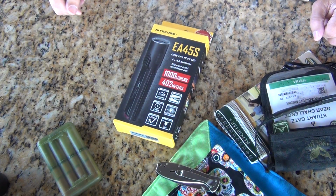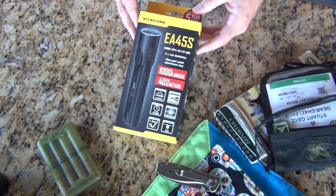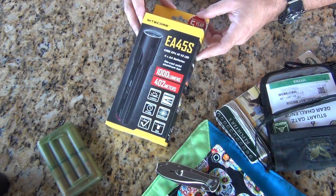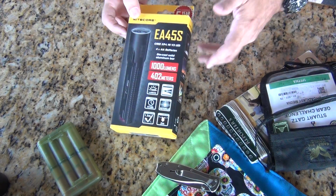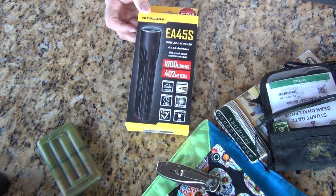Gear Challenge has received several of the Nitecore EA45S flashlights for test and review. We'll be doing some tests in progress with these at a couple of different locations with a couple of colleagues of mine. Now, the flashlight itself was received through regular channels, not directly from Nitecore, so we know that they